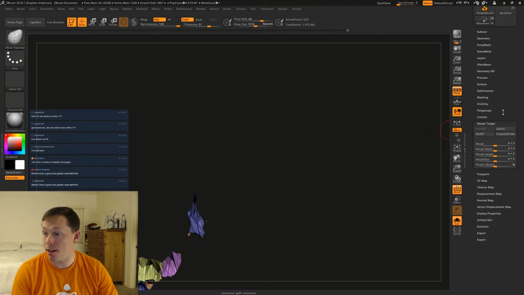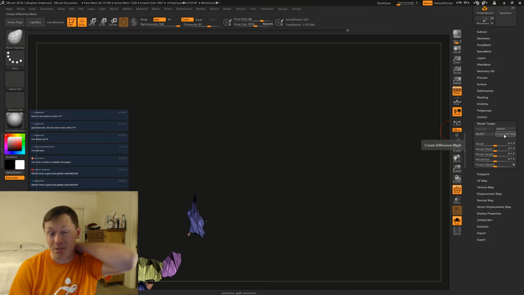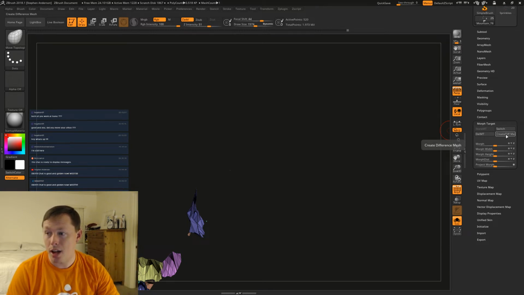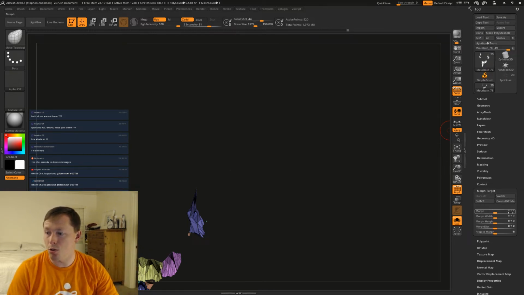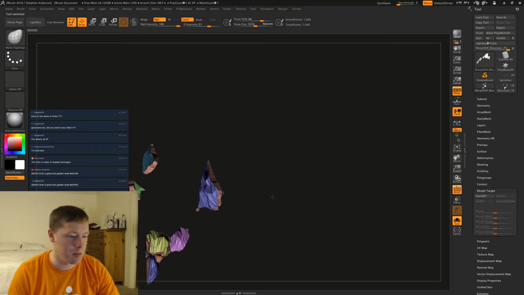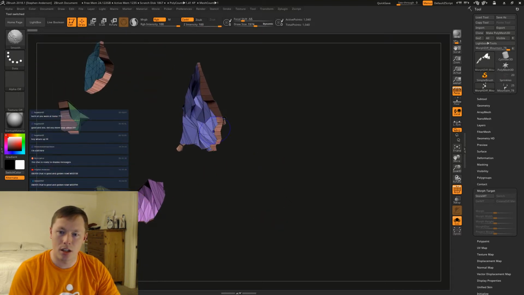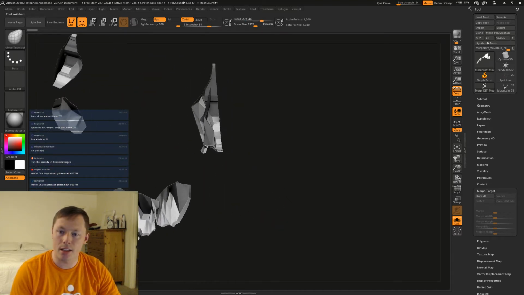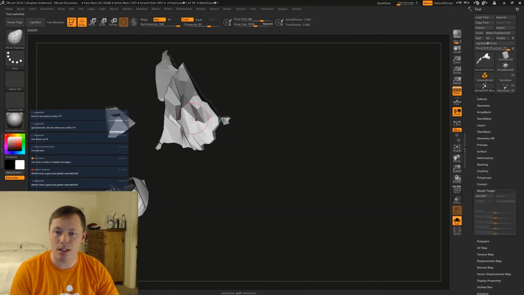Okay, let's get some of that. Okay, so we have that in there. Now we can go back up here. Now that we've made differences, we can say create difference mesh, and it'll create a new piece up here. Watch, you see that? Morph difference mesh. So if we come over here, we'll see that it has thickness and a new surface and things like that.